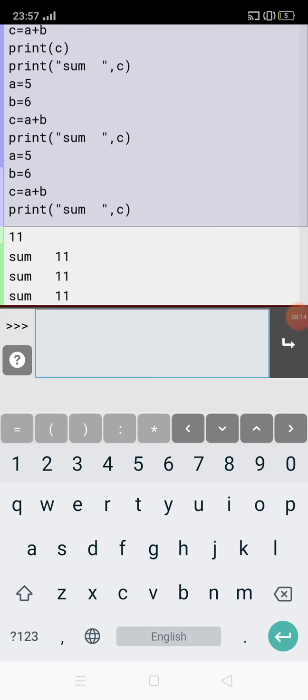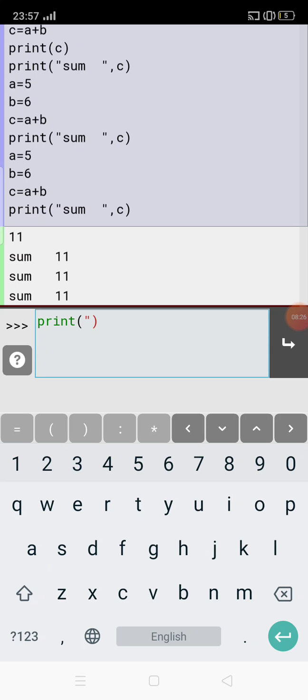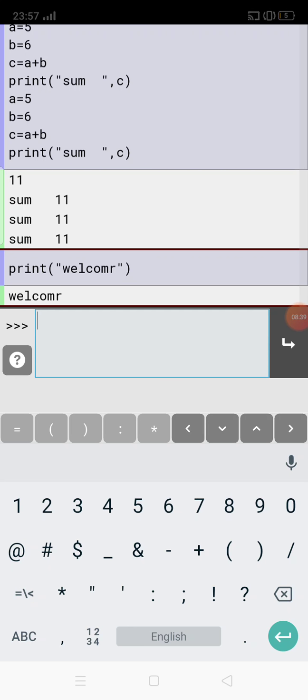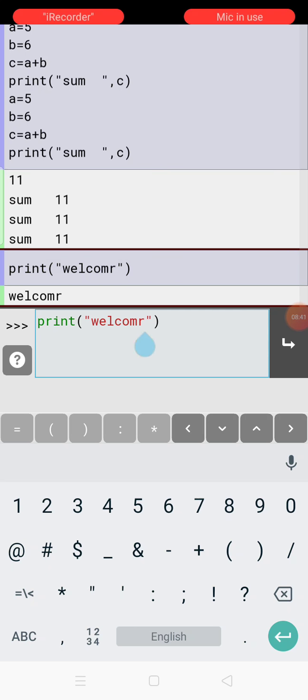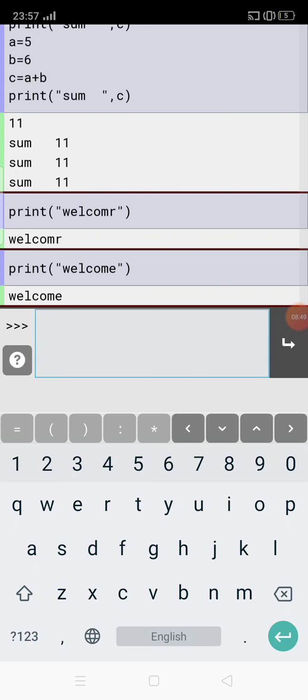Now you can type the new thing as a print statement, print, and then I am going to give only welcome alone. Welcome, and then I have to close it, and when I press the enter key from the interactive mode, it will display welcome alone. Here also I am going to change because it's misspelled, so I am changing it to welcome. Yes, it's the correct output here.